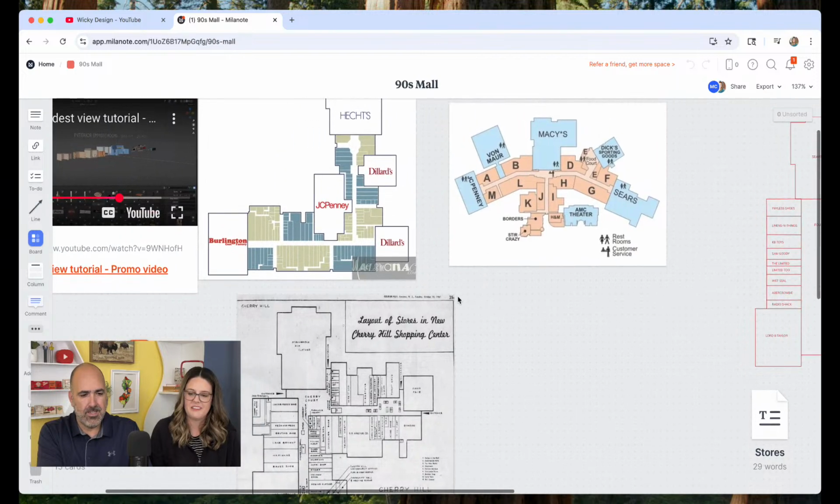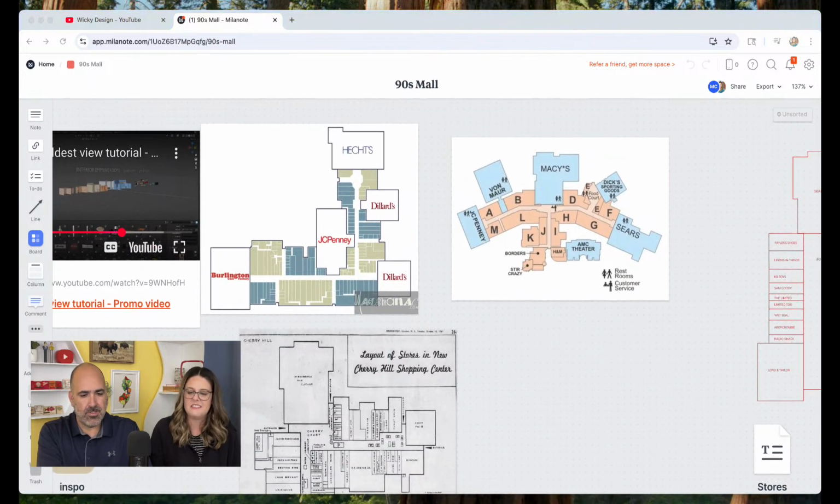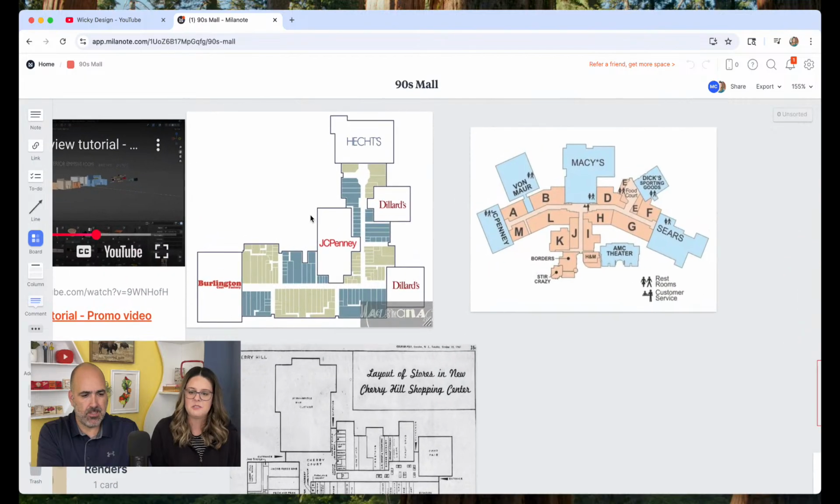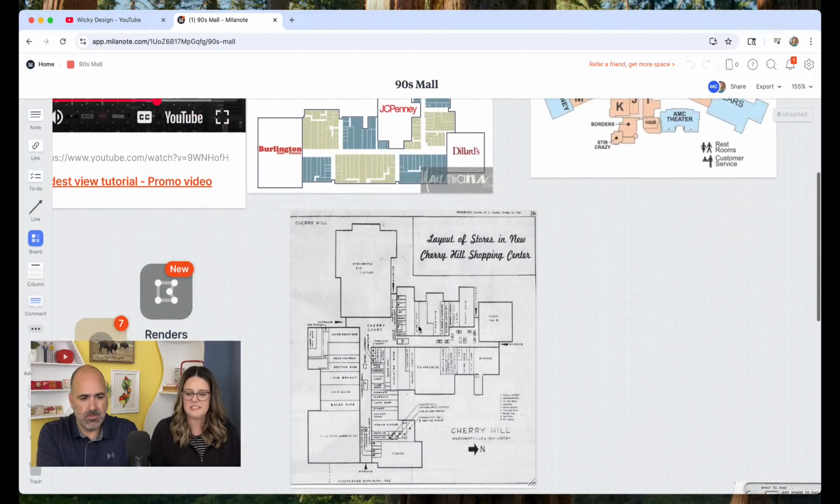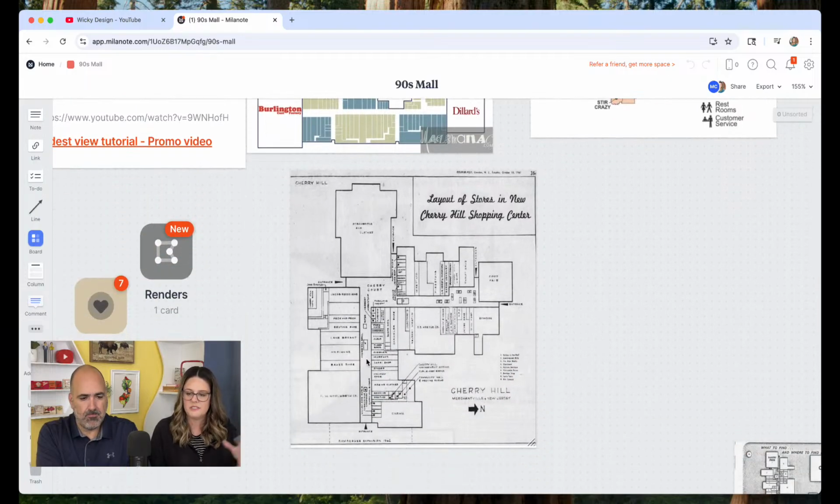So what we're gonna do, this is kind of like our process board. We use an app called Milanote, and what's nice about it is that you can collaborate with multiple people and you can just drop all your ideas into it. So we have like some blueprints and some old, this is Cherry Hill Mall, which is a mall kind